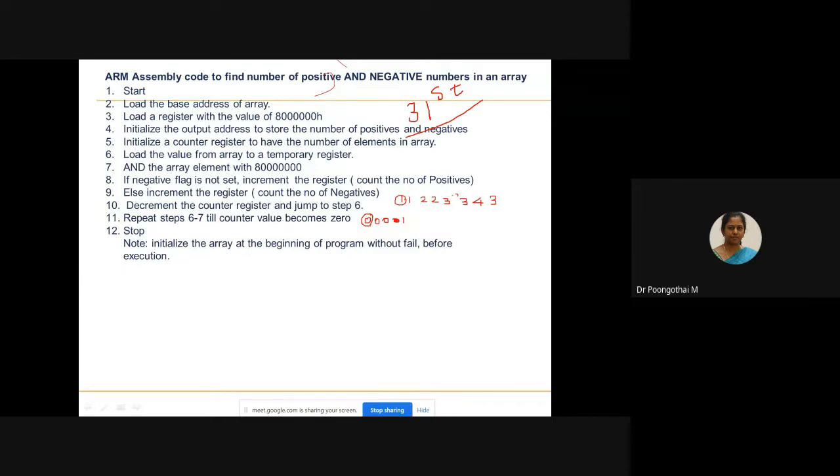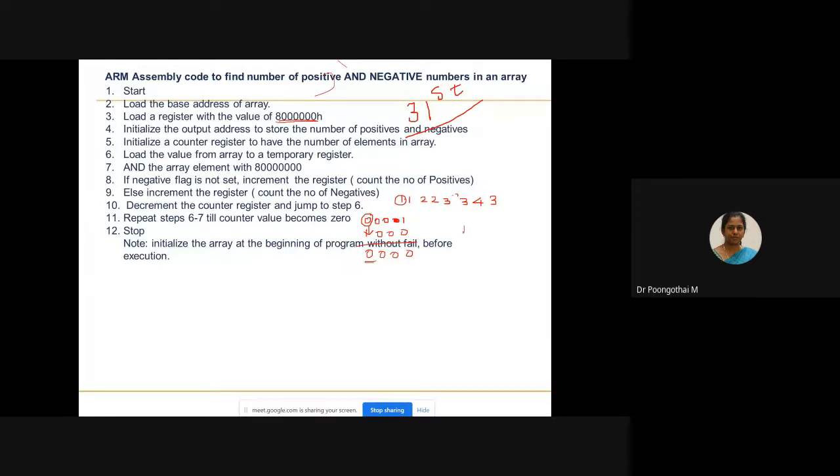If you have to trace this 31st bit, how would you trace that? I only want to know whether the 31st bit is 1 or 0. How would you trace it? By adding with this number, 80000. Now I am adding 8 to it. What is your MSB? 1000. When you add, it gives 0 with 1 0 0 0. If the result is 0, that number is a positive number.